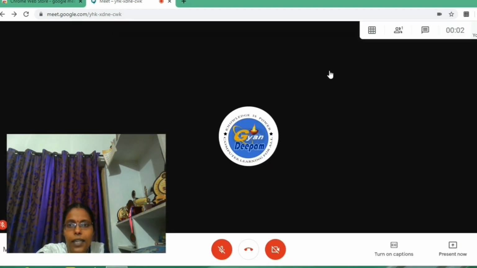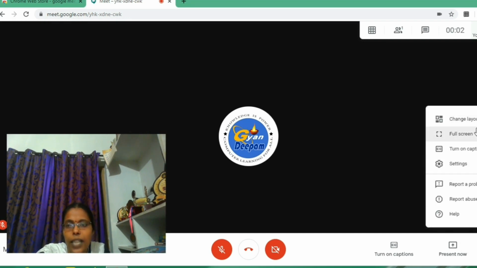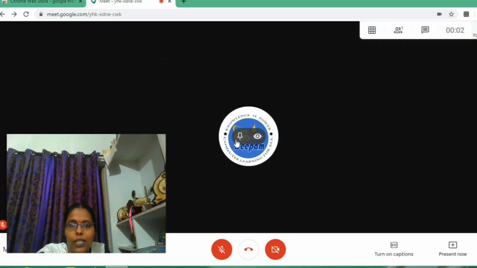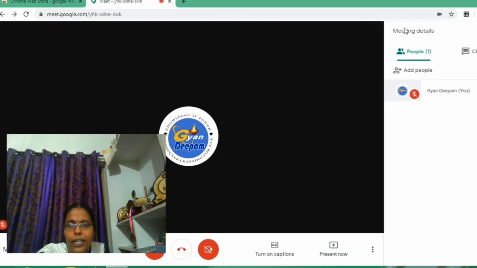Then let us see how to change the layout. Because this extension is active, the change layout option is active here. Suppose you click this, what will happen? This sidebar will be activated, listing all the participants available here with their profile pictures.